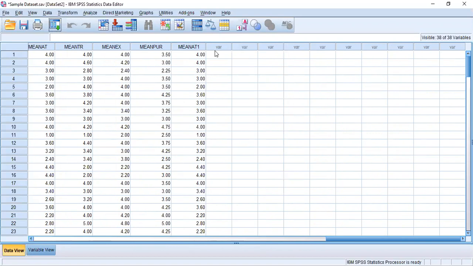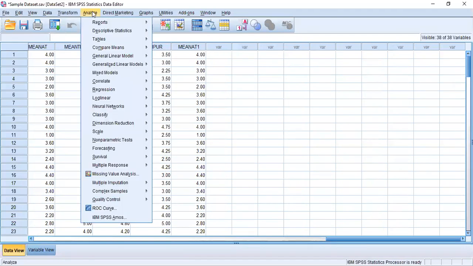After calculating the mean values, if your hypotheses are related to identifying the impact or effect of your independent variables on the dependent variable, in this case, the impact of attractiveness, expertise, and trustworthiness on purchasing behavior of consumers, first of all we need to run the correlation analysis. So how to do it: go to analyze, correlate, and bivariate.